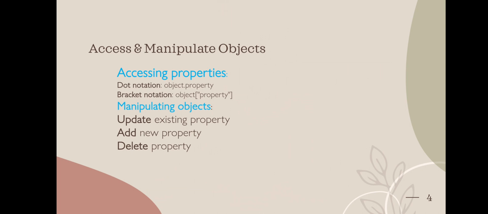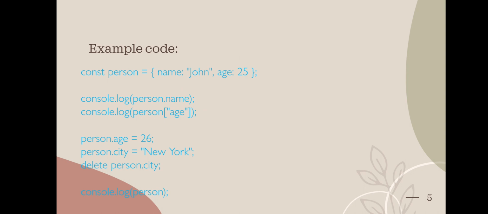And coming to how to access and manipulate objects. Accessing objects is done by the dot notation, object dot property, and bracket notation, object open brackets property. Manipulating objects, we can update existing properties, we can add new properties, and we can delete properties of the objects. Example code,